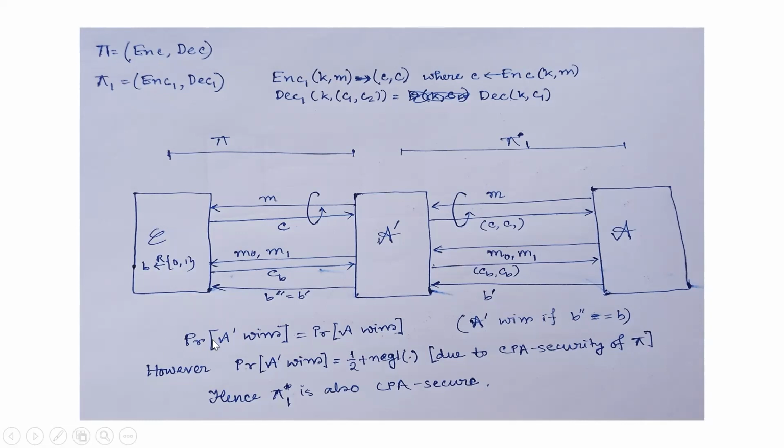So the probability of winning of A dash is already known to be half plus negligible, right? So the same will be the probability for winning of A, which is the adversary for scheme pi1. So we conclude that pi1 is also CPA secure, that is, any adversary trying to distinguish encryption of M0 from encryption of M1 will have